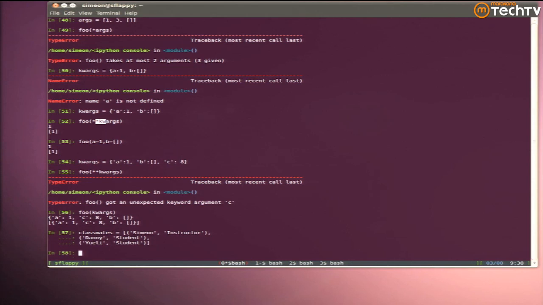We wanted the unique list of instructors, and I was saying you could use the list and zip and sets to extract that. But zip,